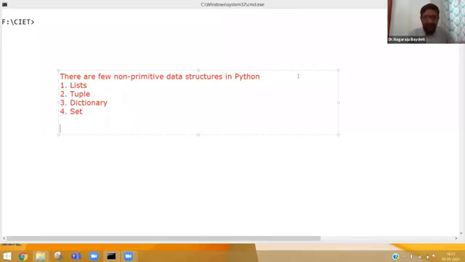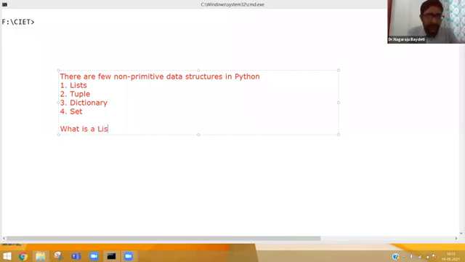Let us try to understand how we can represent data in these 4 categories of data structures in Python. We will also learn what a list is.